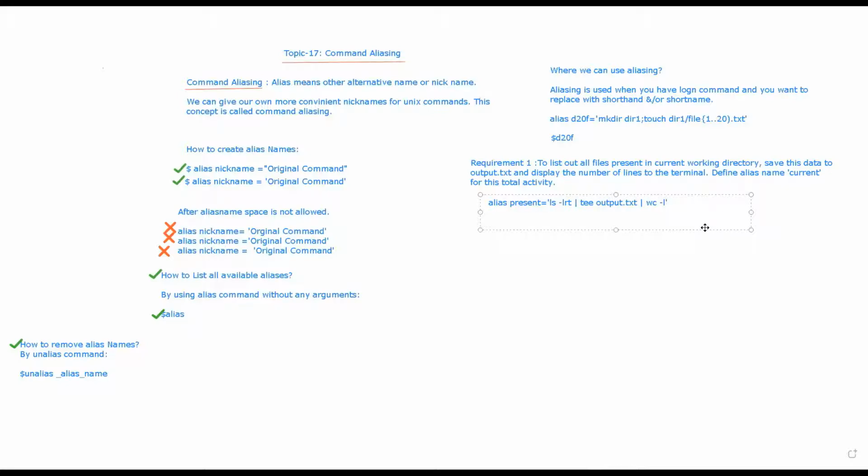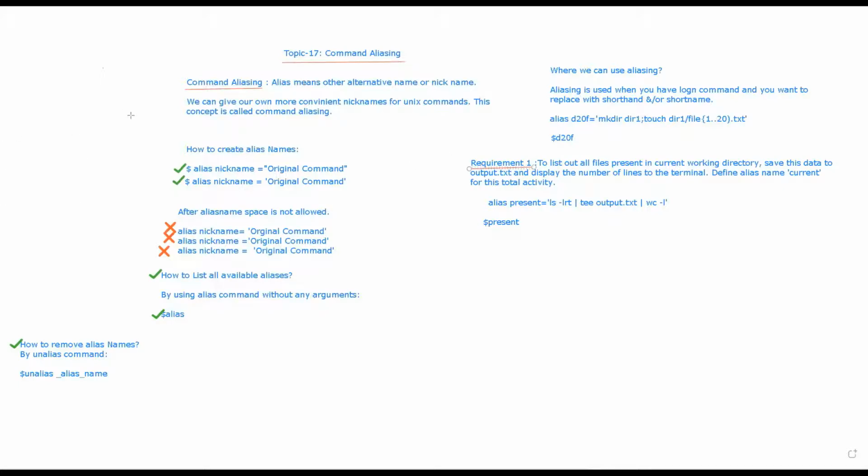Now if I want to execute this alias, I will simply say present, right? So instead of specifying the full big command, we can create the alias and use it. This is one of the requirements of alias, how we can actually use the alias.